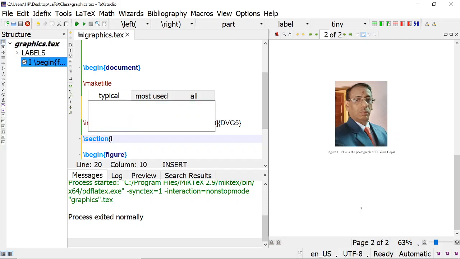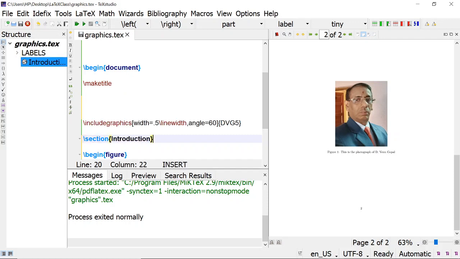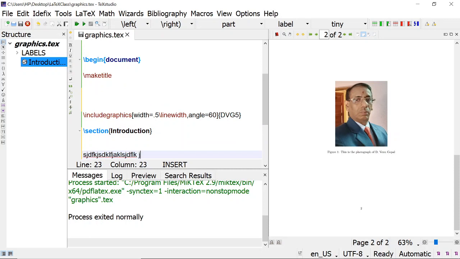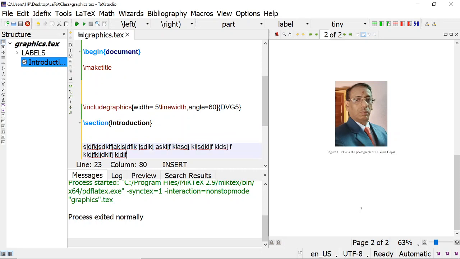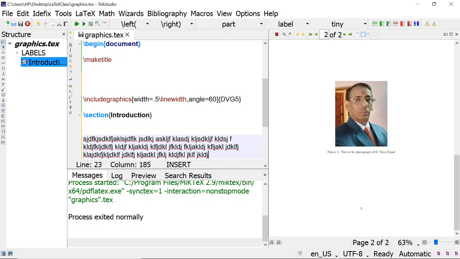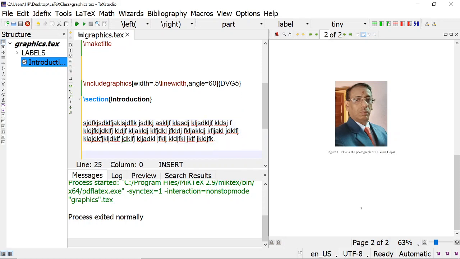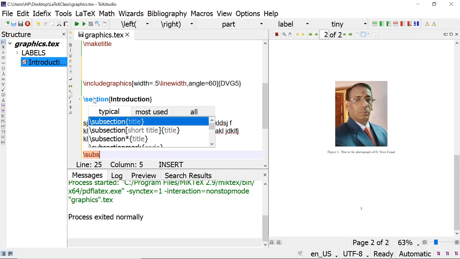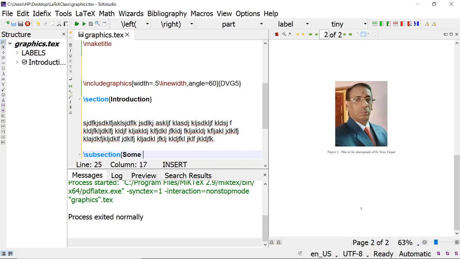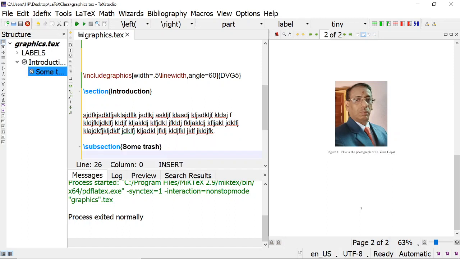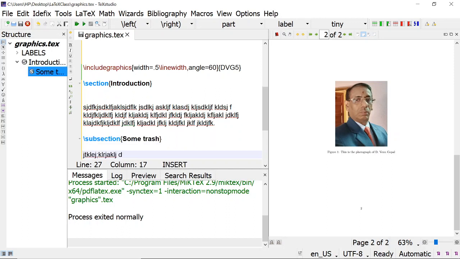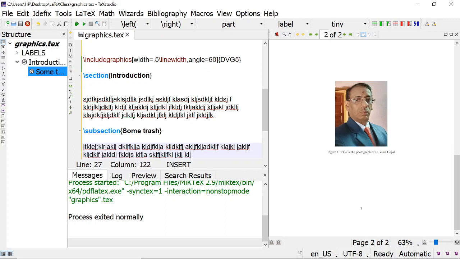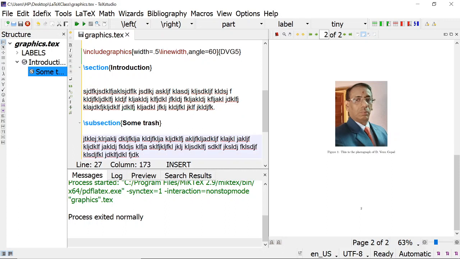Suppose I put something like this. Section, introduction. I am doing some typing like this. And I can put a subsection, some text like this, and I can type anything.